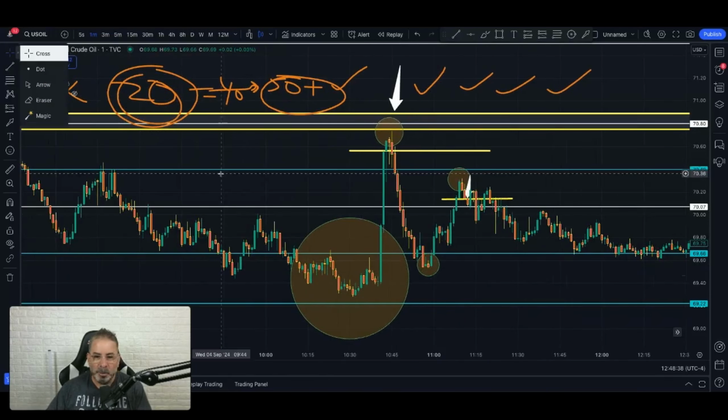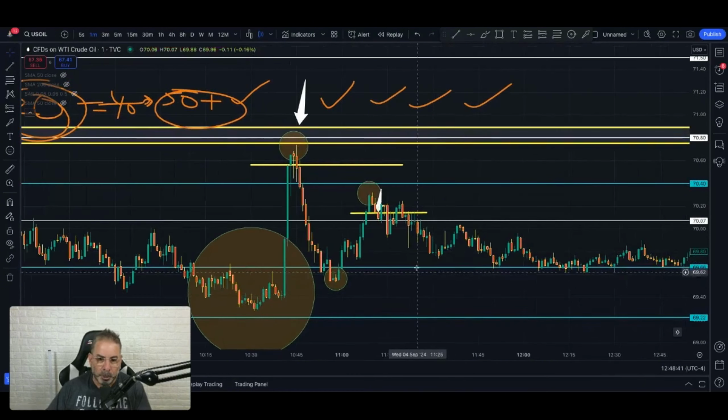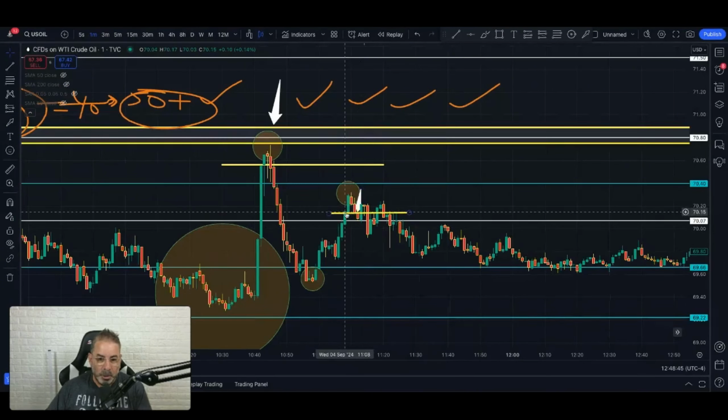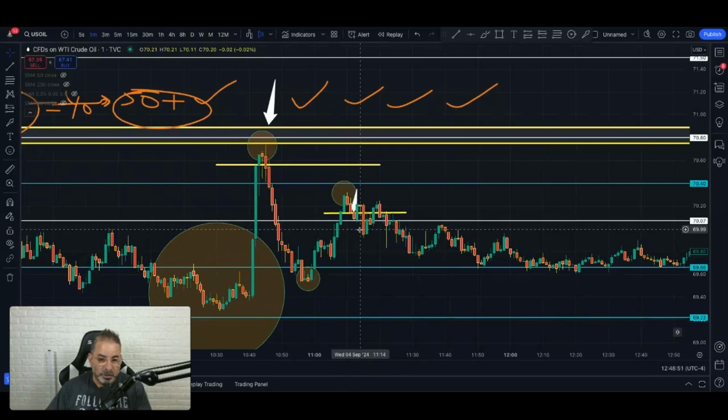So what do you see right here? This is why we did our work early. We have a white line, but it closed below our level. Let's say you didn't realize that line could act as a temporary level of support or resistance.